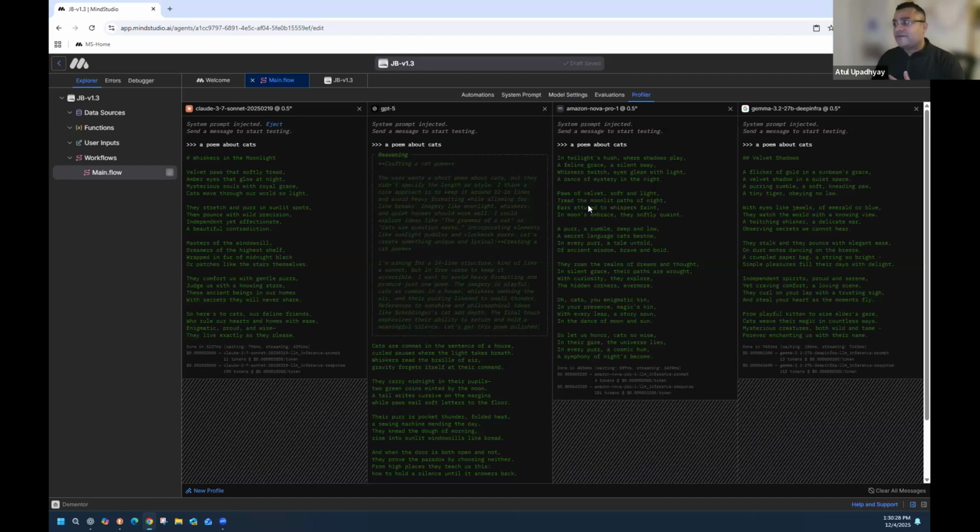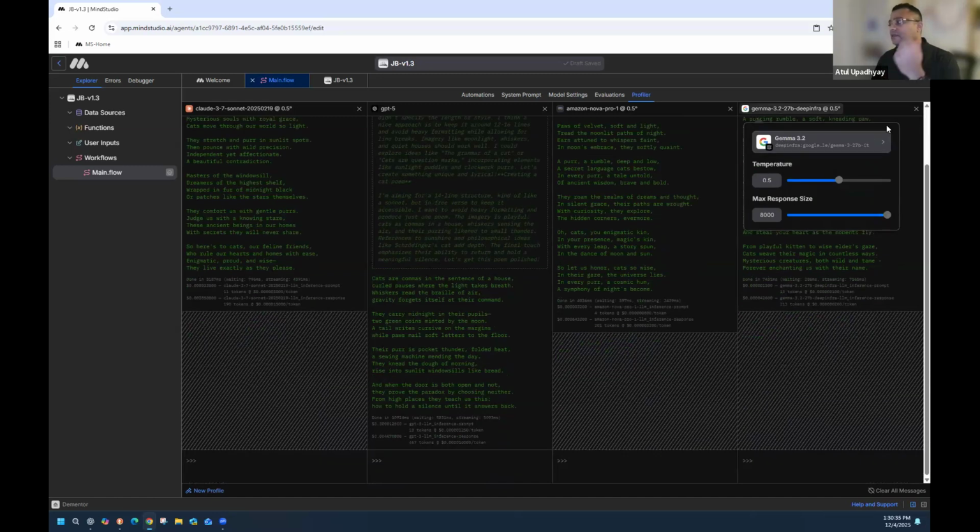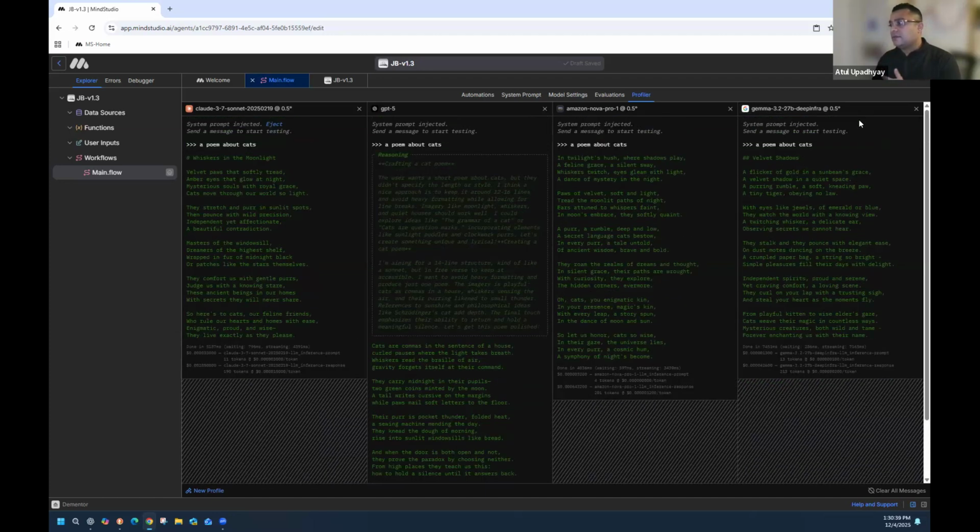So that's for ChatGPT-5, Amazon Nova, and then, did I select Gemini? Oh, my bad. We didn't do Gemini, but I selected one. I meant to select Gemini.